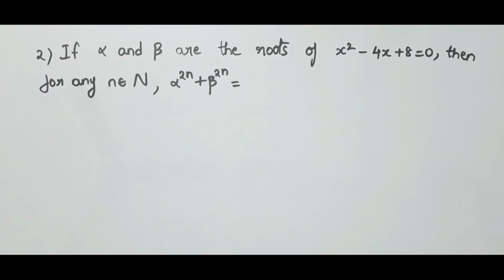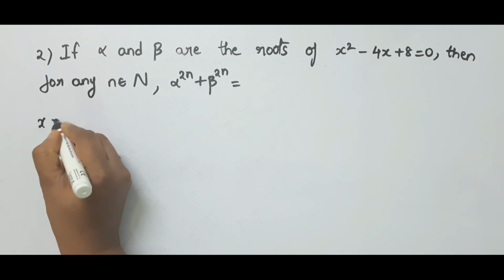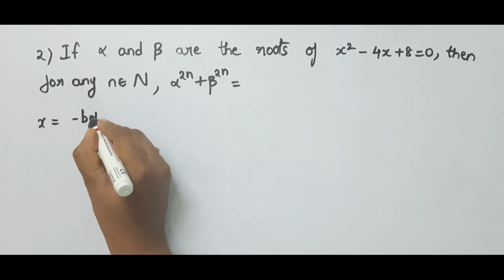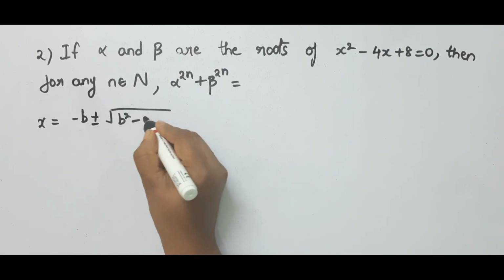If alpha and beta are the roots of x square minus 4x plus 8 equal to 0, then for any n belongs to N, alpha power 2n plus beta power 2n equal to. If they give this type of problem, first find the value of x for this quadratic equation using the formula x is equal to minus b plus or minus square root of b square minus 4ac